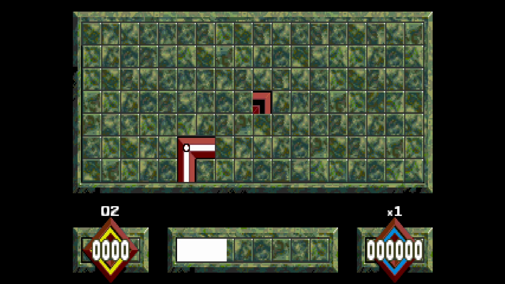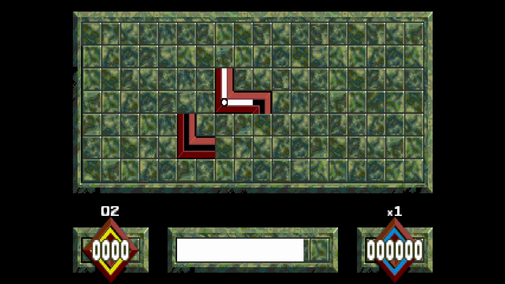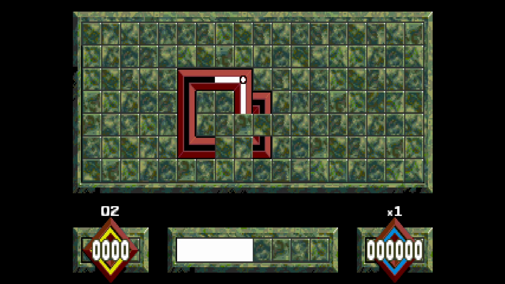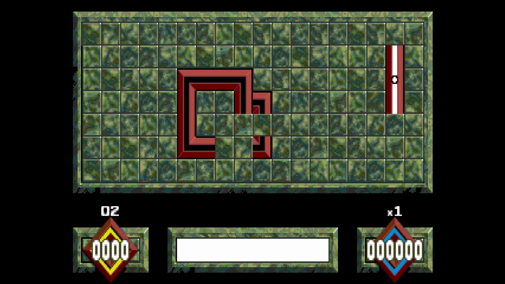And the goal here is to create loops. So let's place that. And you don't know what piece is coming next. You're at the whim of RNG, which isn't fun for a puzzle game, right? But we'll figure things out as we go along. The problem is that these larger loop pieces might not fit in with your scheme. Look at that. That's not going to help us, is it? So, the goal, if that happens, is to form a second loop out of your bits and pieces that don't